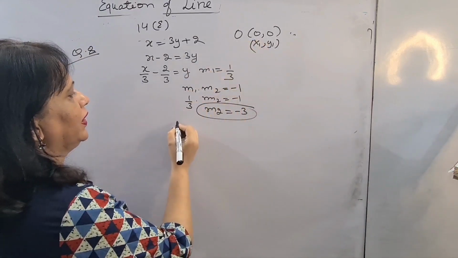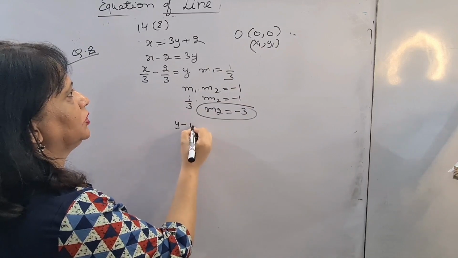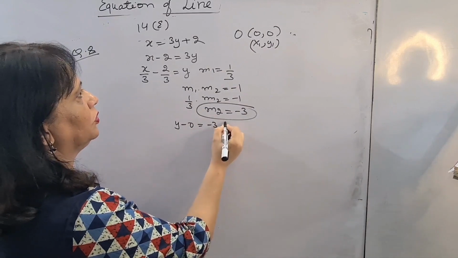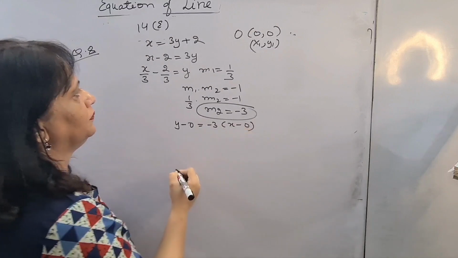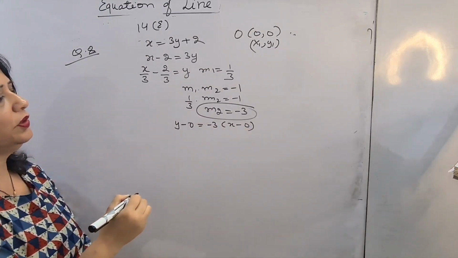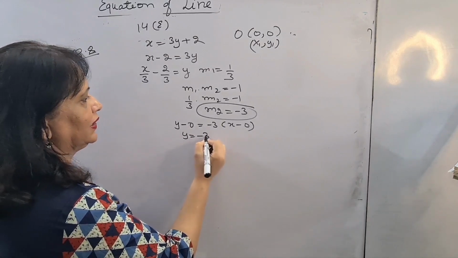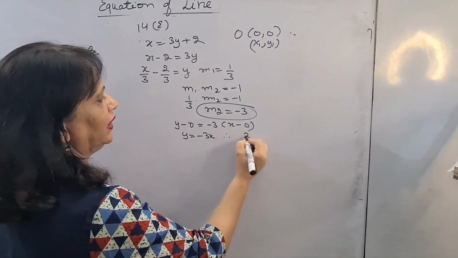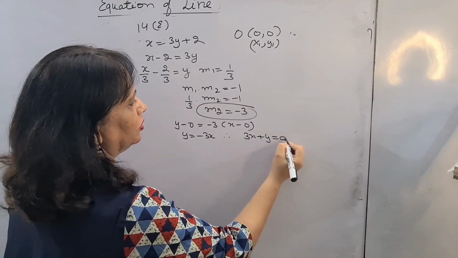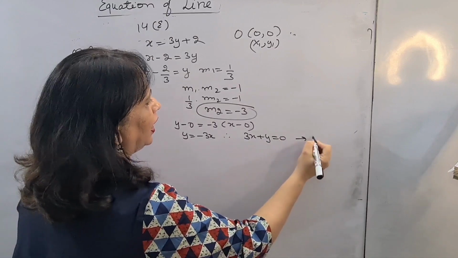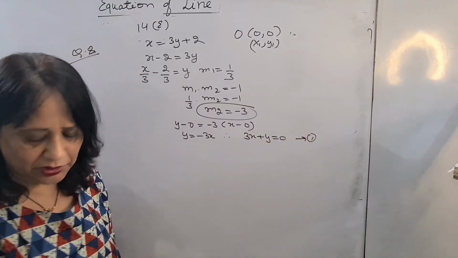Now you have the point: y minus 0 is equal to minus 3 into x minus 0, or y is equal to minus 3x, or 3x plus y is equal to 0. So this is your equation, but our question does not finish here only, because they have asked you to